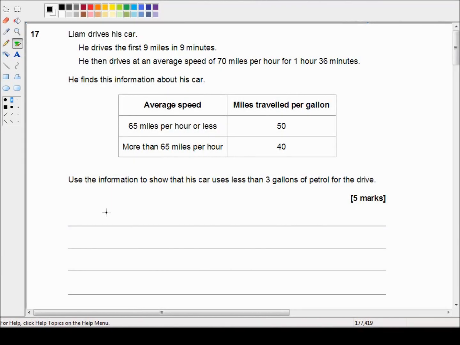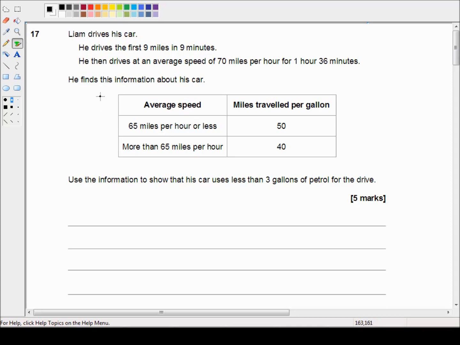Hello and welcome to another AQA GCSE 8300 series revision video. This is from the June 2017 past papers. It's the third paper in the higher tier. It is a calculator paper, so we are allowed to use calculators, and we pick it up in question 17,